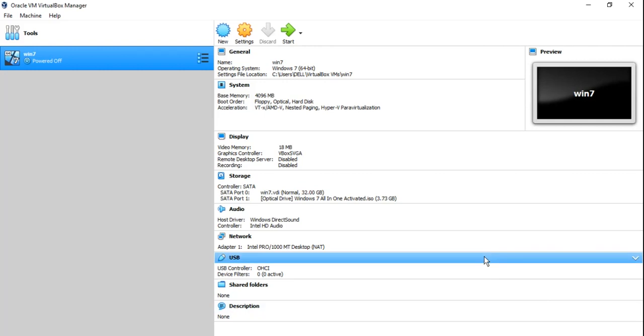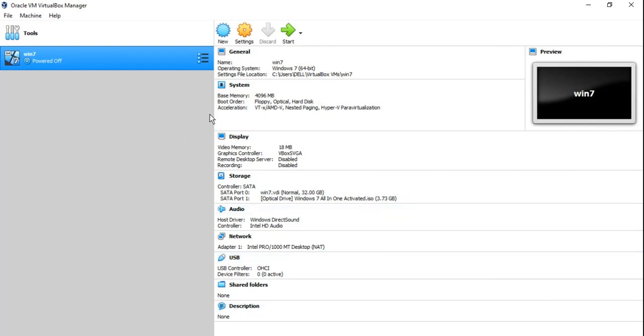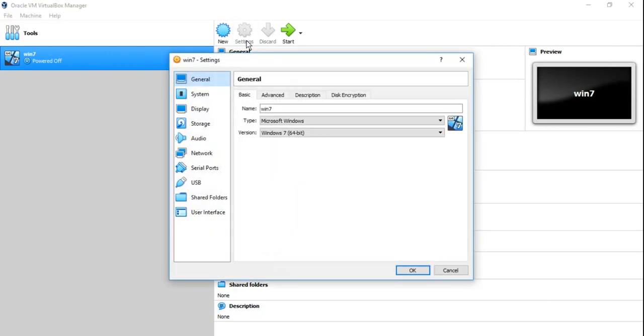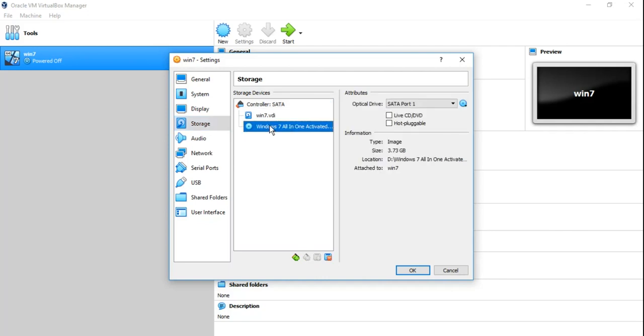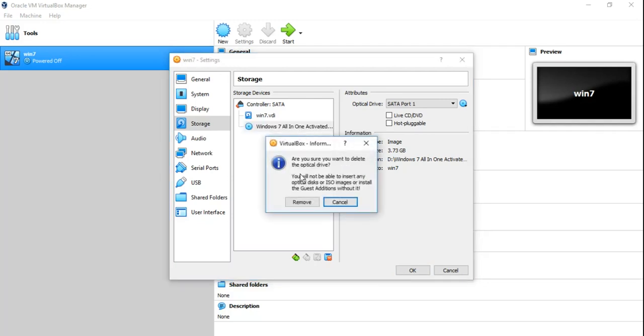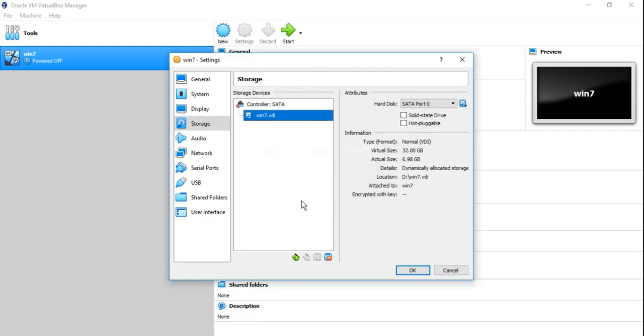After closing the virtual machine you have this dashboard. So if you are using a virtual machine, go to Settings, go to Storage and remove this ISO file, remove this optical drive. Okay, this is the ISO file using which I installed Windows 7, right? So remove this attachment. As soon as you remove this attachment and you start the virtual machine, you will directly see the launch startup repair option. That's it.